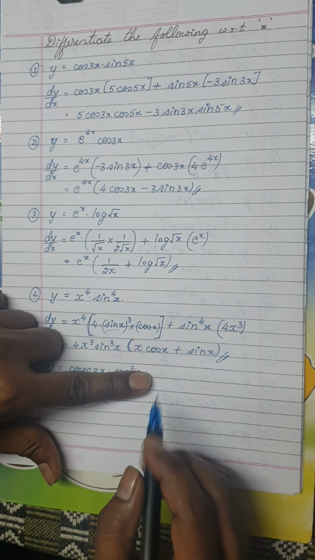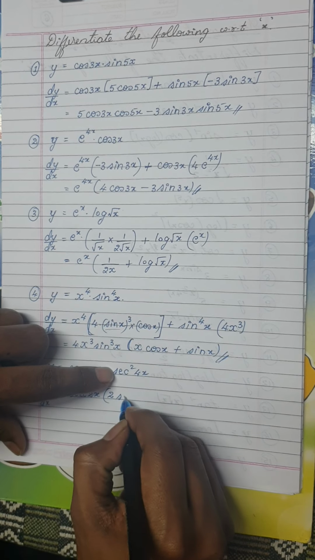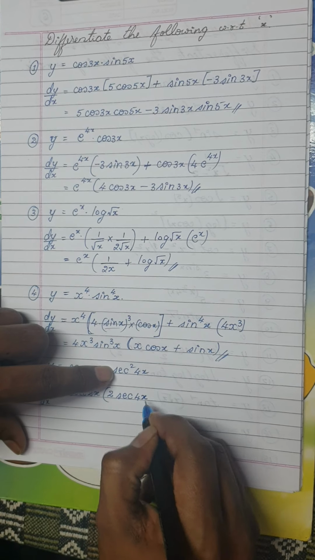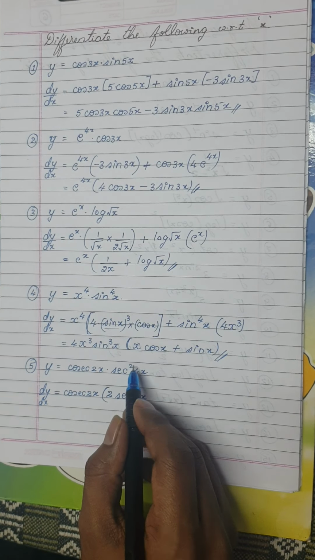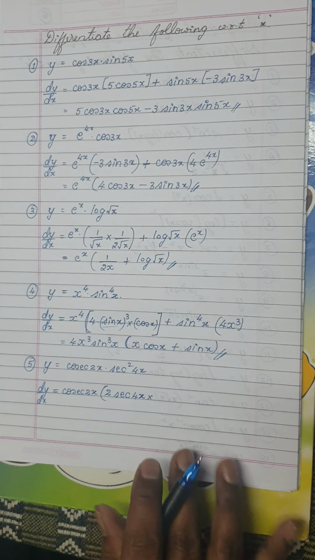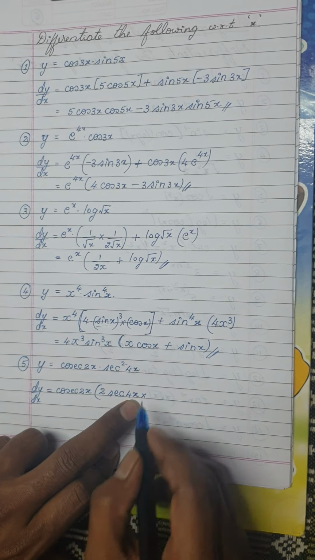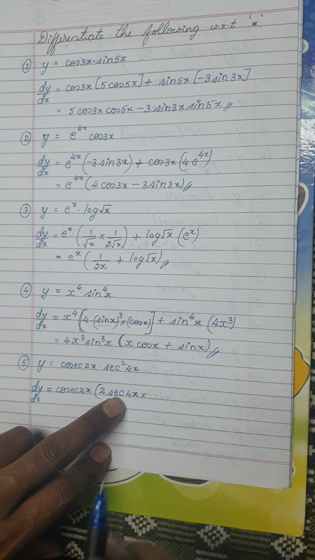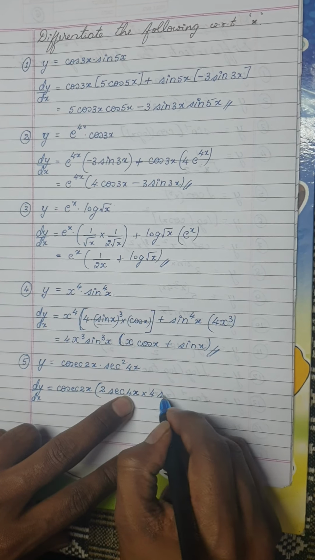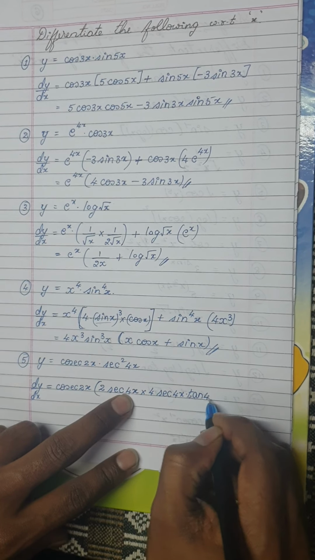Now this is of the form x square. The derivative of x square is nothing but 2x, isn't it? So it is 2 into x, where x actually is secant 4x. Are you getting it? So the derivative of f of x square is 2 times f of x, into the derivative of secant 4x. What is the derivative of secant 4x? Remember, the derivative of secant is secant into tan, but again there is a constant here, so this 4 is multiplied: 4 times secant 4x into tan 4x.